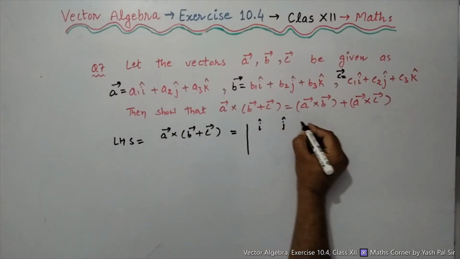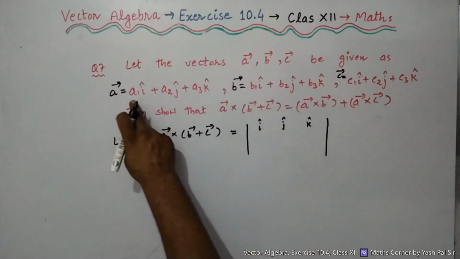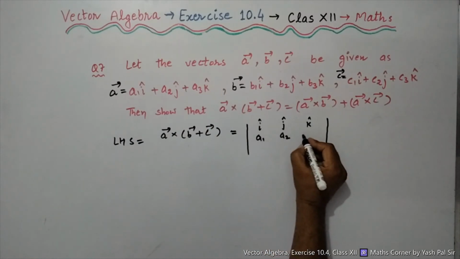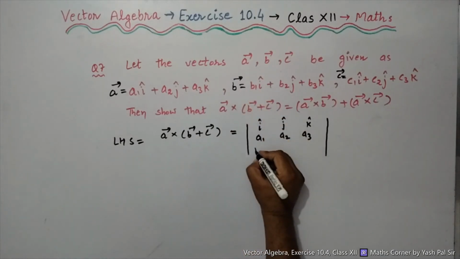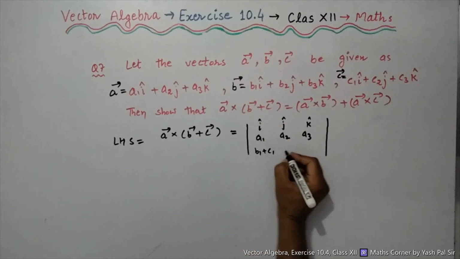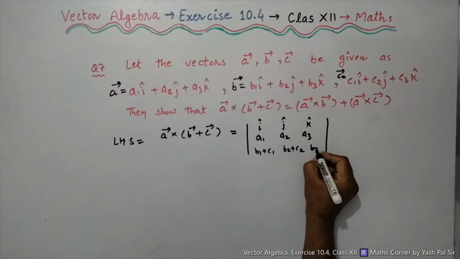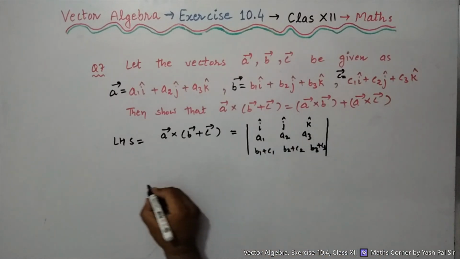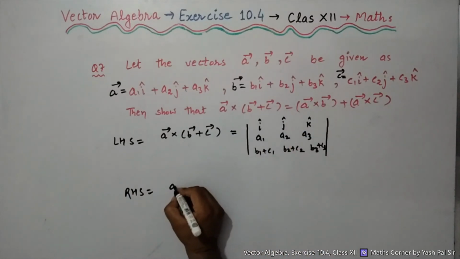So this is equal to the determinant of i, j, k. What are the components of A? They are A1, A2, A3. B plus C are B1 plus C1, B2 plus C2, B3 plus C3. Right? Similarly, right hand side